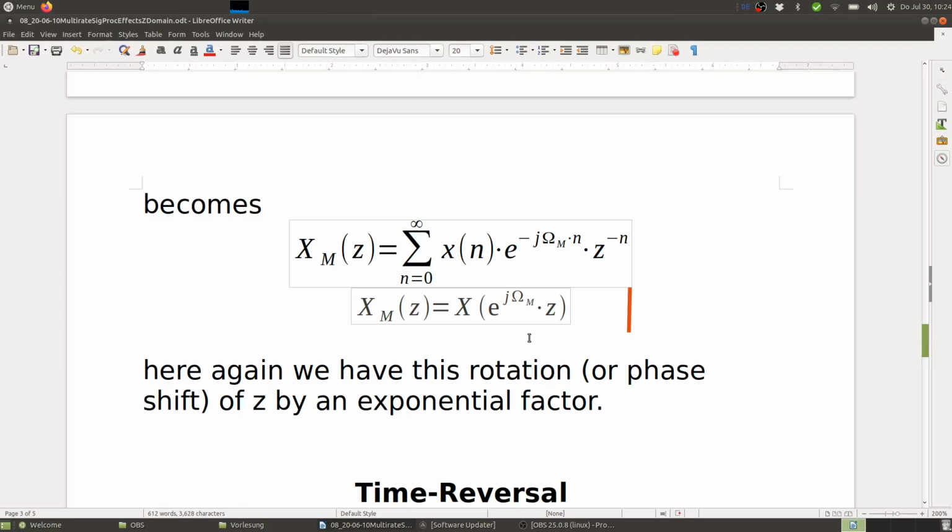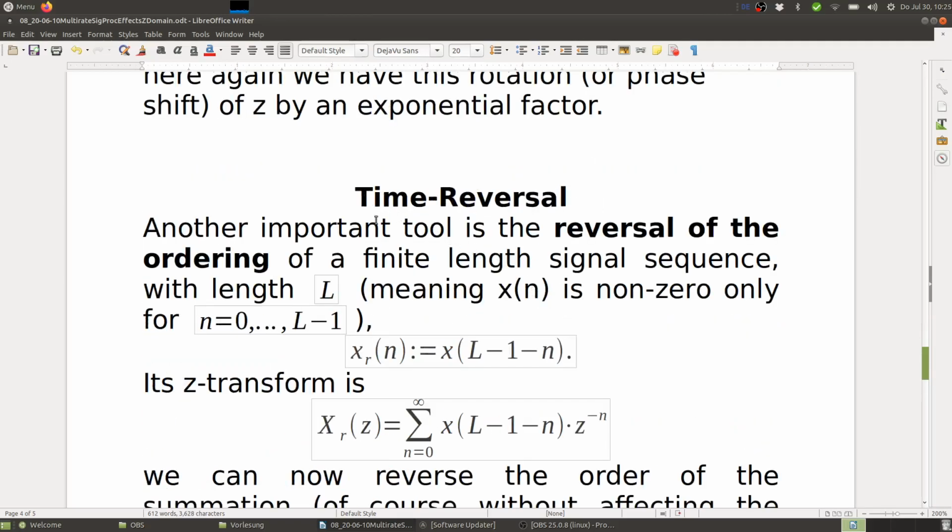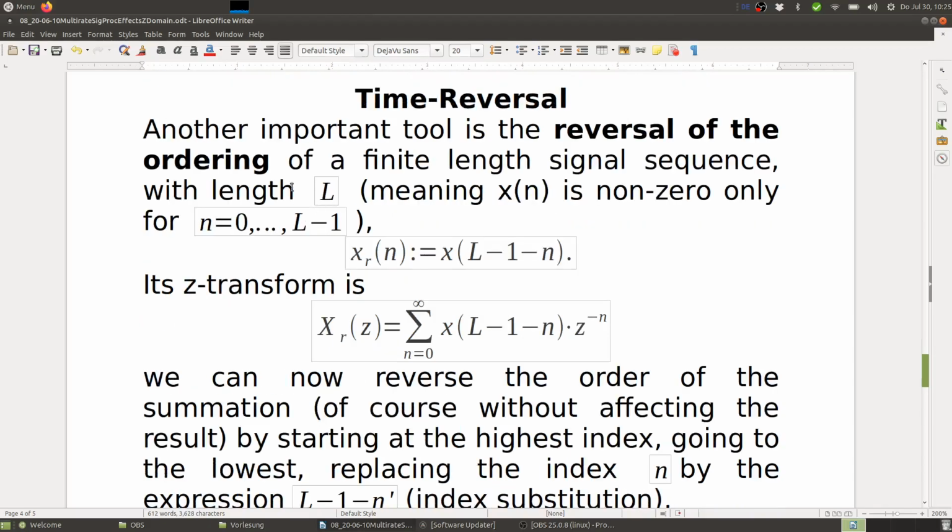And again, this corresponds to a frequency shift by a normalized frequency omega m in the DTFT domain. Yeah, then we have time reversal. That's another important tool. It's the reversal of the ordering of a finite length signal or sequence with length